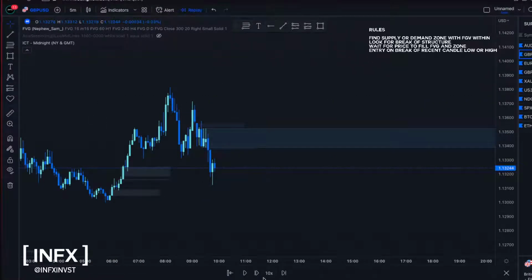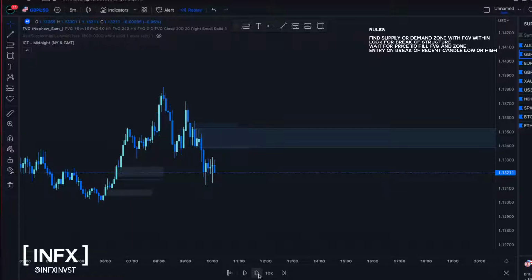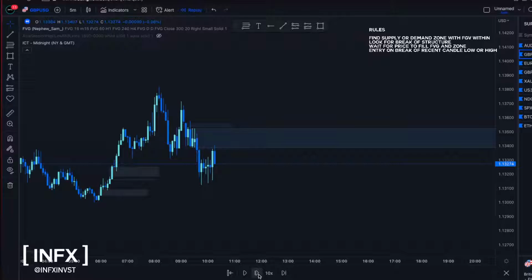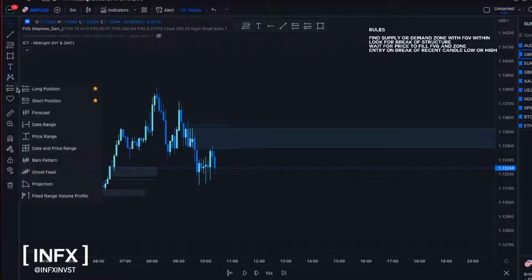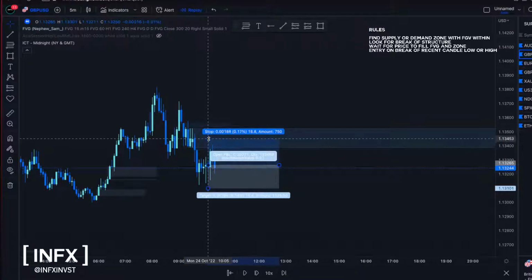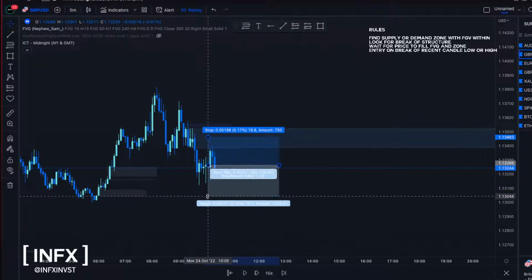All right, so we're just going to play through, see if we can come back up into the zone. Okay, we've just filled the gap there. We've come in. We are in the supply zone. We haven't got an entry yet because we haven't broken this candle low, so we're going to wait to see what the next candle does. The next candle breaks the low, so I'm going to take this trade, and actually what we're going to do is we're going to go just above the candle here. It's a 20 pip move,